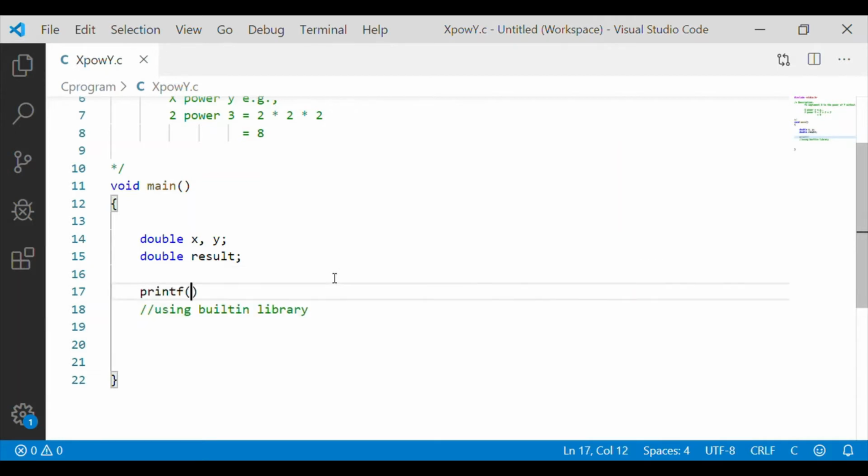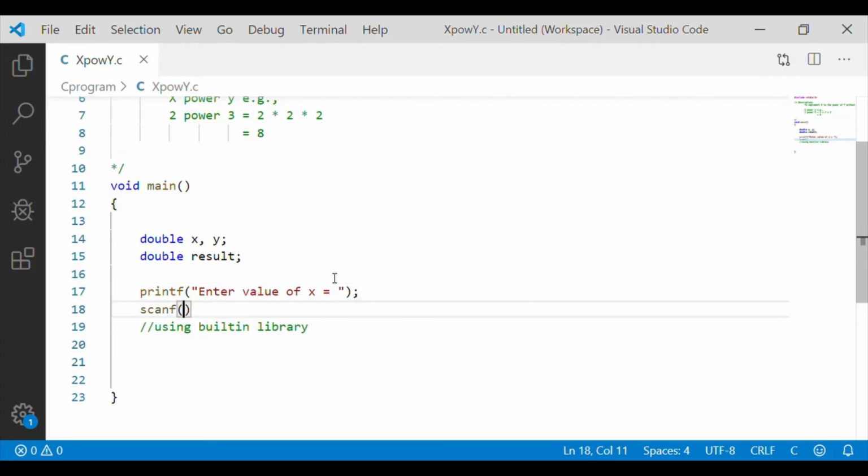To get x and y, we will give information using printf, and scanf will be used to fetch the value from the input provided by the user.